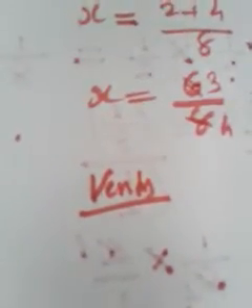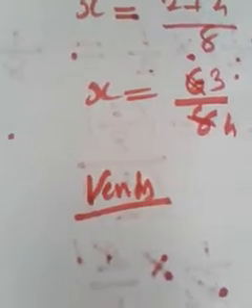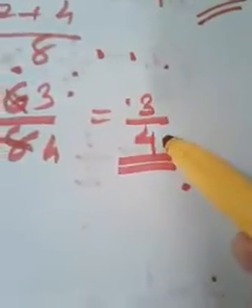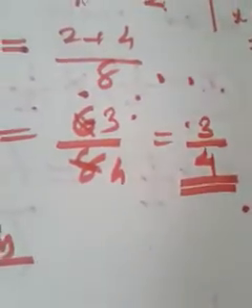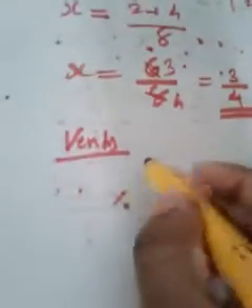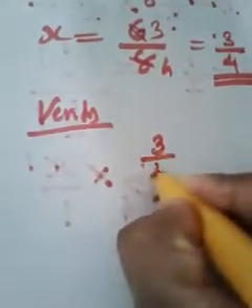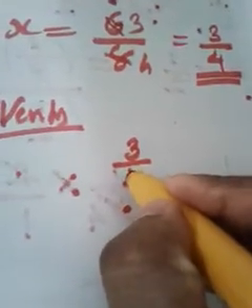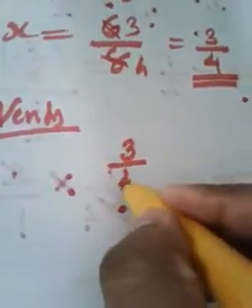How can we verify? That means I am going to verify whether this answer is correct or not. I got the answer as 3 by 4. Okay. Read the question. I have to subtract 1 by 2 from a number. So I am going to check whether I will get the correct answer or not. If you subtract 1 by 2 from a number, that number we got as 3 by 4. Then what I have to do? Just write that number, 3 by 4.